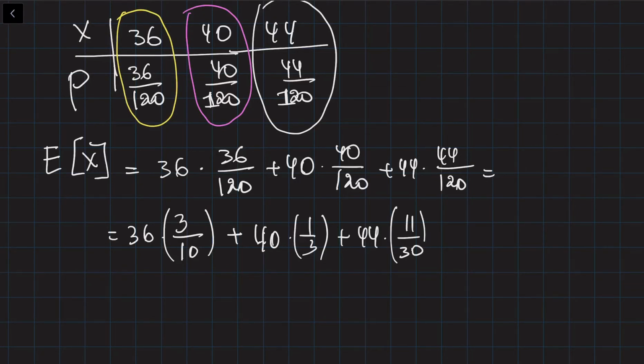So it's going to be equal to 1208 divided by 30, if we give the common denominator, right? So I'm going to multiply this by 10 and here by 3. So it is going to be equal to